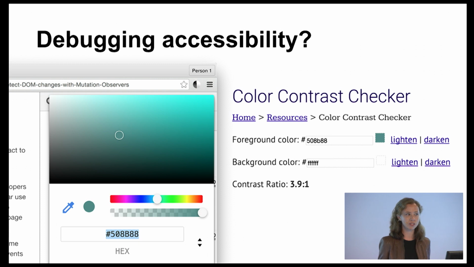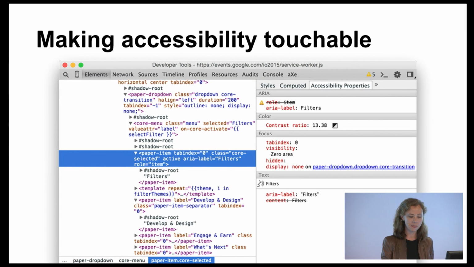And then to try and actually pick a color that is going to be correct, this one's actually really nice. It gives you these lighten and darken buttons. But a lot of them will just tell you the color contrast ratio. So there are all of these things all over the place that require quite a lot of specialized knowledge to use. So what I consider my full-time job at the moment is to make accessibility as touchable as